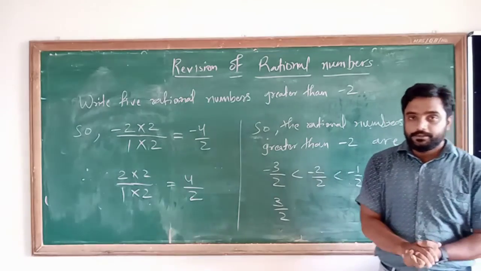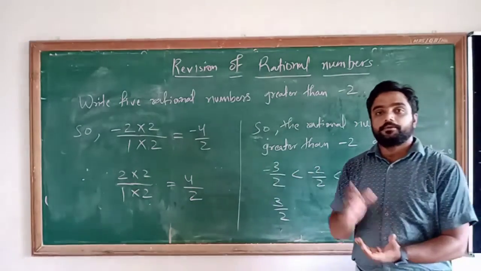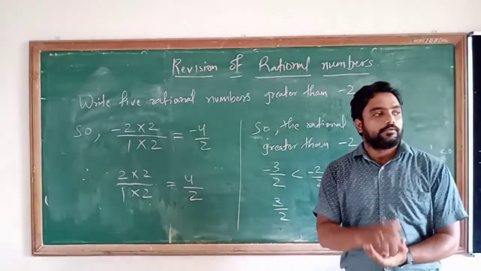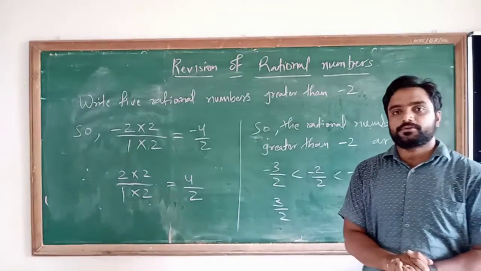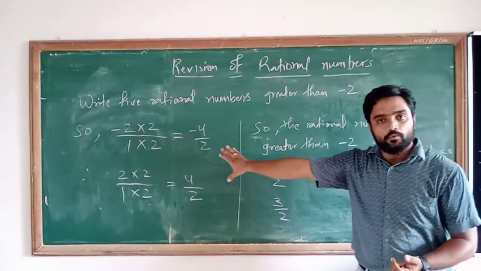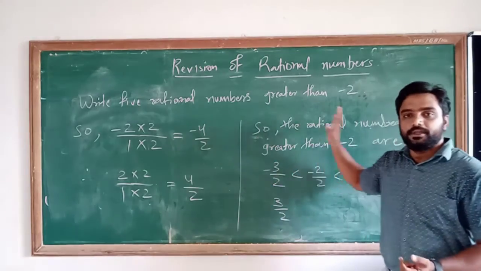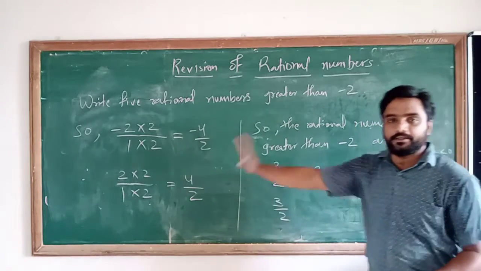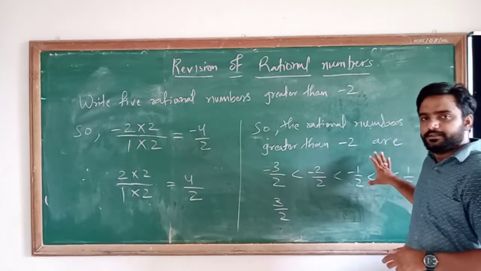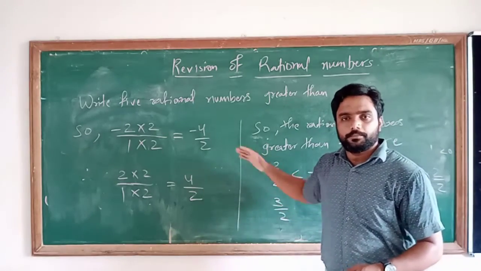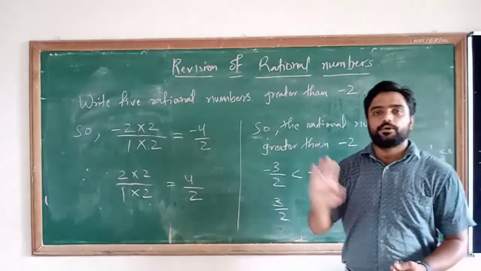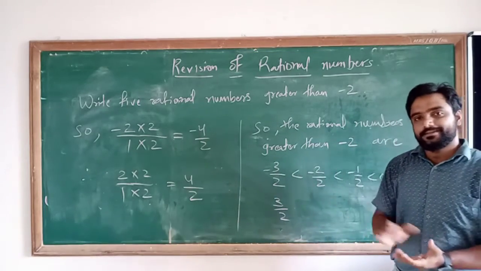Okay. Listen here, please. This is the method to obtain a rational number between two rational numbers. And another thing, that if you have to write the rational numbers between two rational numbers on the basis of the number line, I already explained you. Number line में किस तरह rational numbers लिखना है वो मैंने आपको अच्छे तरीके से बताया है. Suppose आपको दिया गया लिखा find the rational numbers between 0 and minus 1. Okay, so मैंने जिस तरह 11 parts बनाए इस तरह आप 11 parts बनाकर -1/11, -2/11, -3/11 लिख सकते हैं. So all these rational numbers are between 0 and minus 1. Understand or not? So the method is same and very easy.